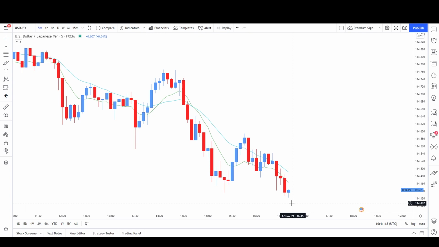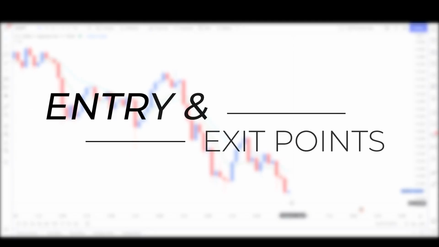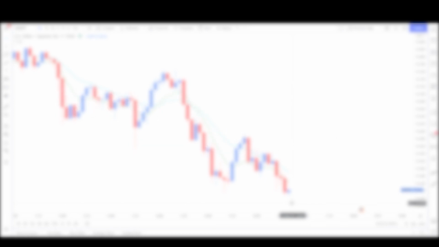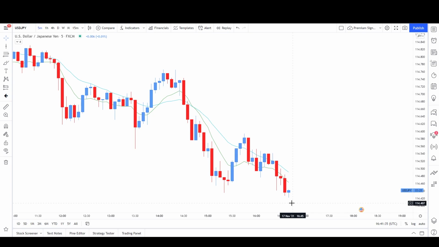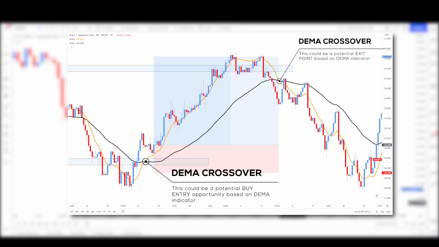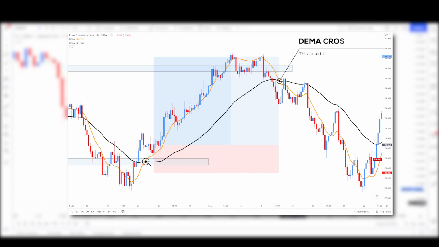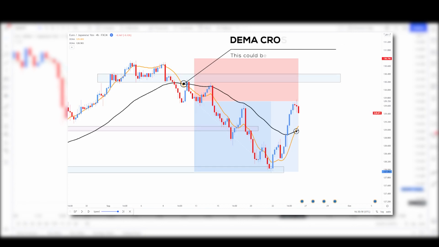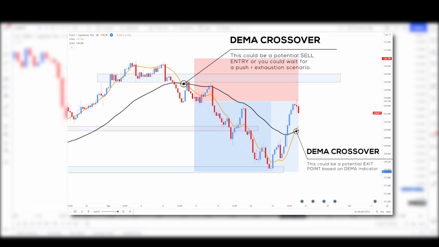In my opinion and in my overall experience with a double EMA, it can also be used as an entry or exit signal when trading, and as a result, most day or swing traders choose to use two DEMA indicators to highlight it. So one of the most straightforward methods would be just wait for the price crossover to the upside of the DEMA line from below in order to signal a long entry, and in the same sense you may wait for the price crossover to the downside of the DEMA line from above to suggest a short entry